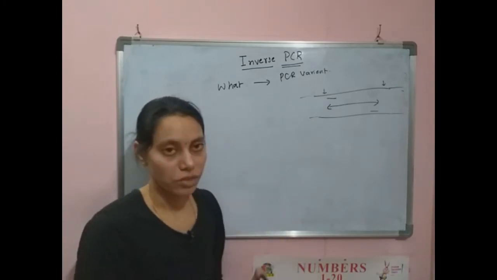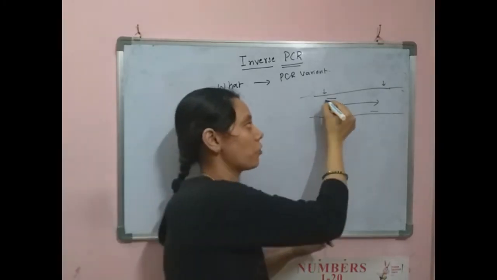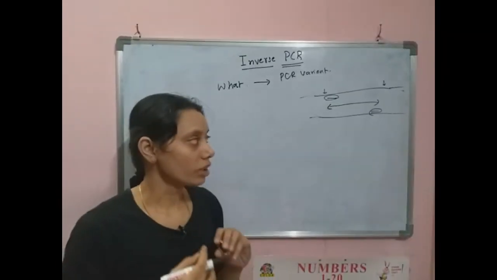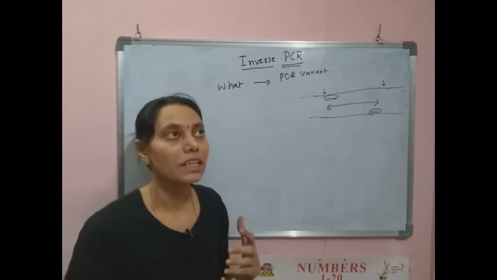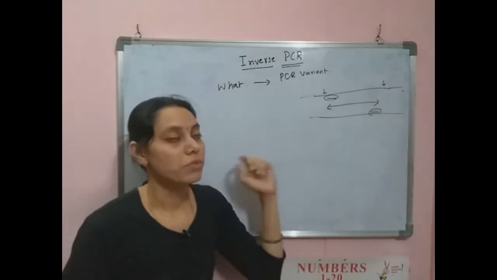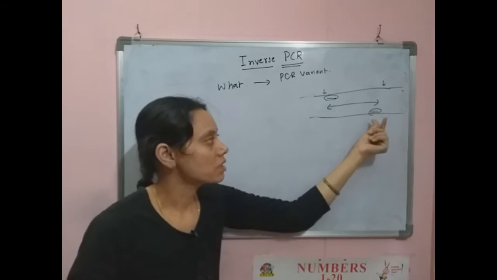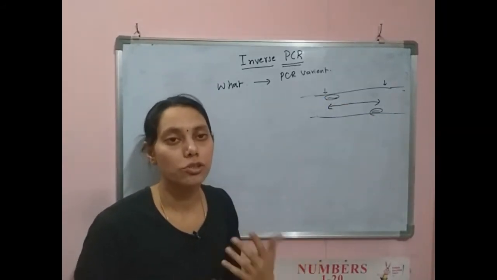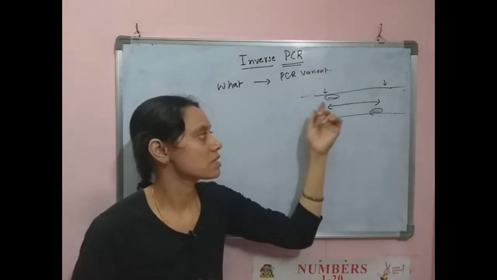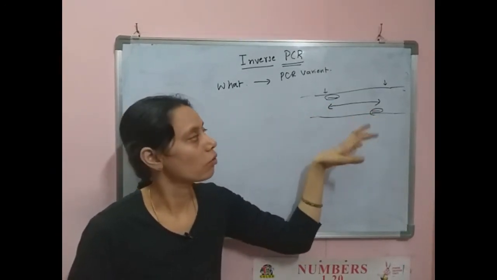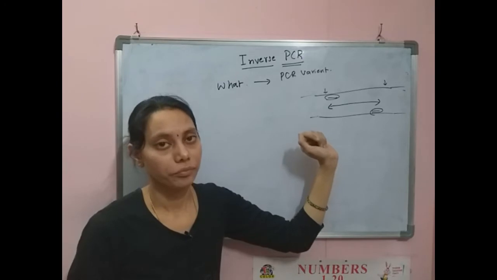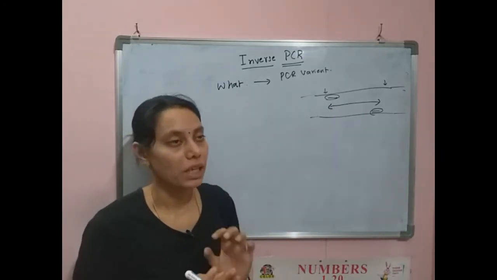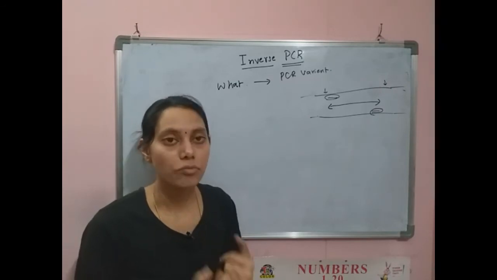For running conventional PCR, we need to have the forward primer and reverse primer in our hands. That means we need to know the sequences of these primers, so the sequence of the end portions of the target DNA needs to be known, so that we can design these primers accordingly. They can go and hit their target, and finally amplify that portion of the DNA. But in some cases this is not possible.